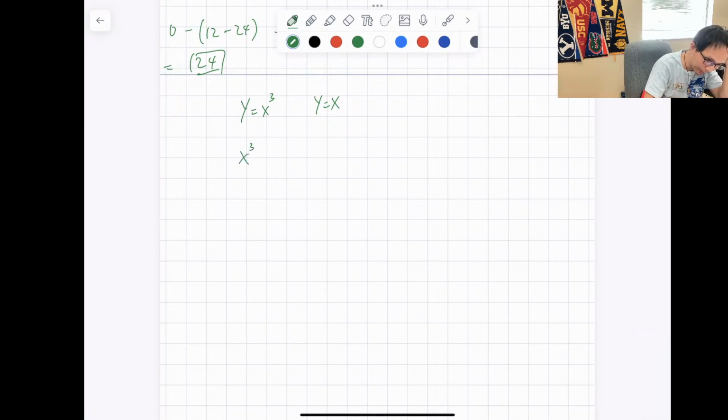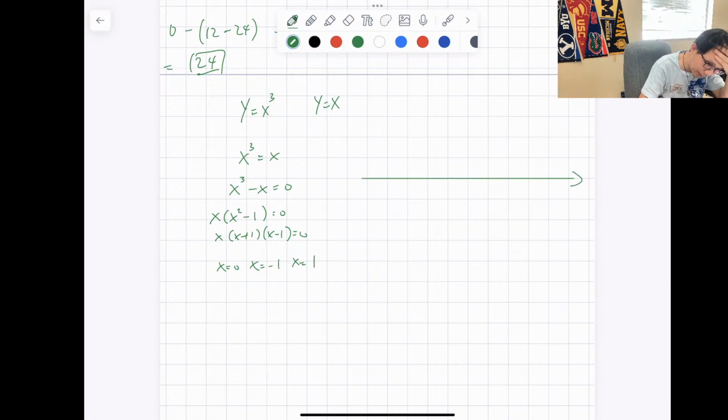X cubed equal to x. X cubed minus x equal to 0. X times x squared minus 1. Did you do this? So x equal to 0, x equal to -1, x equal to 1. The correct graph of this is kind of hard to see, but